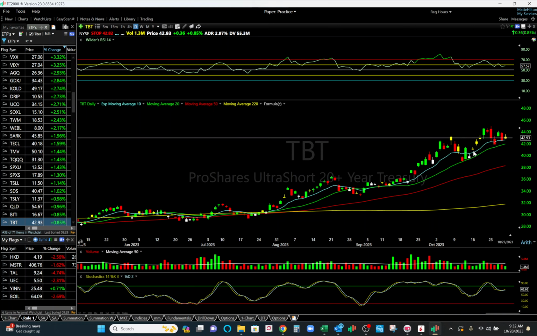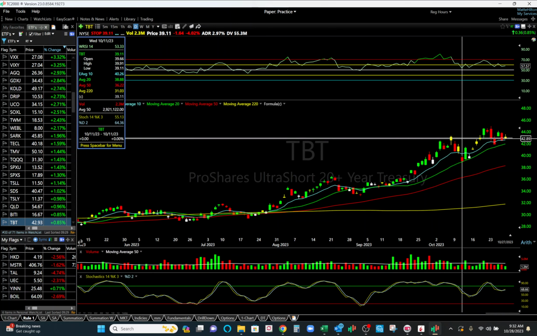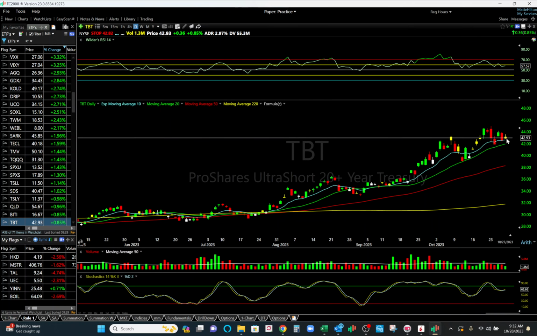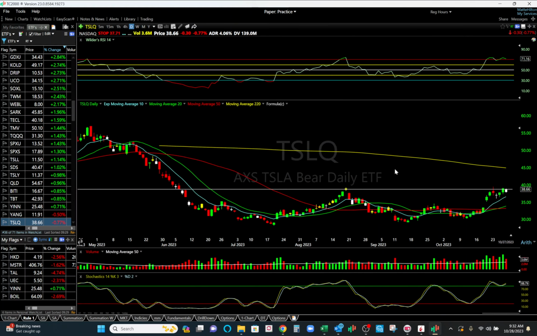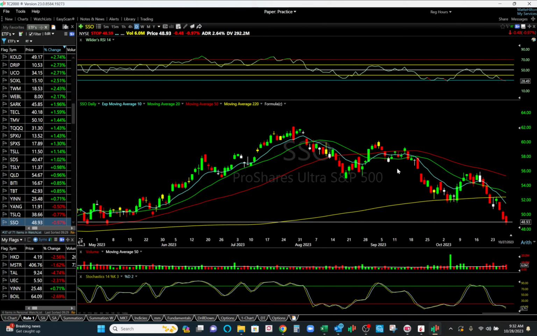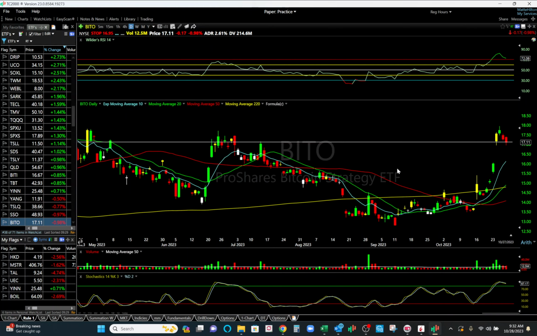Here's the run, pullback. We're pretty much pulled back to support. We'll see what happens if we break out again. I'm expecting yields to go higher, but we'll see what happens. It could go either way. I'm thinking we're going to keep falling though, even though we are a little bit oversold. If we just kept falling, it wouldn't surprise me.